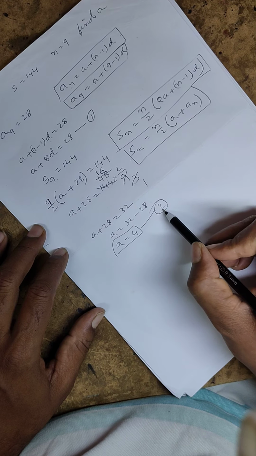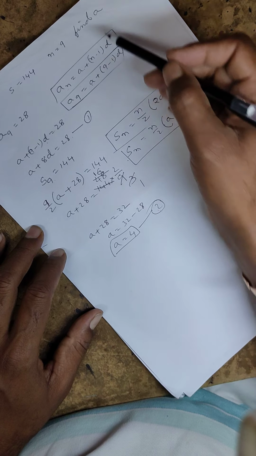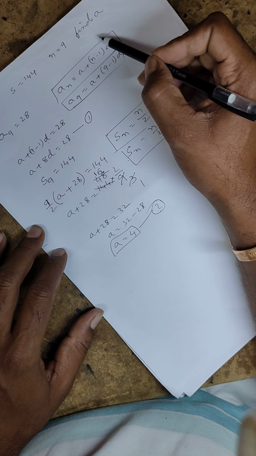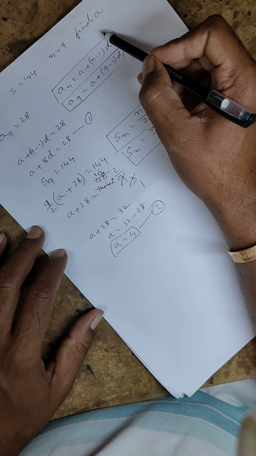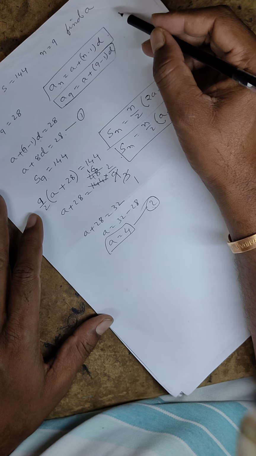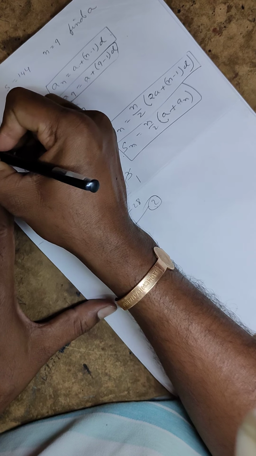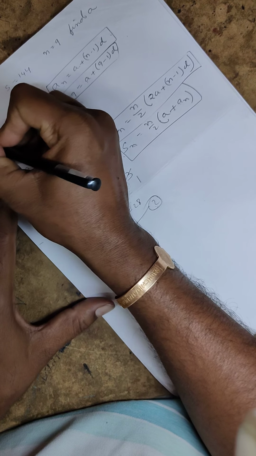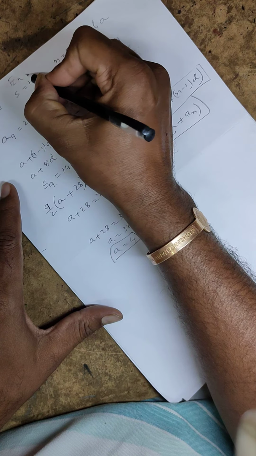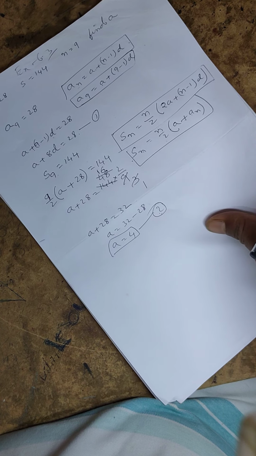Now if you substitute the a value in this one, you will get the value of d. But he did not ask to find the value of d. What did he ask? He asked to find the value of a only. So we found a. So it is problem number 7 in the third question, in exercise 6.3. Next,